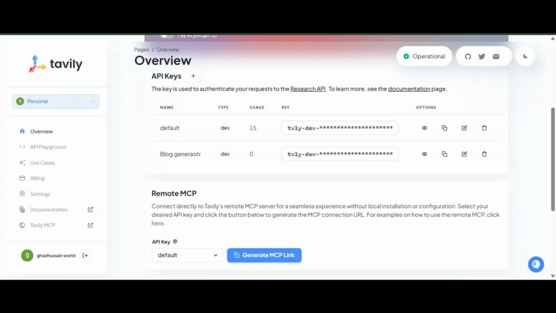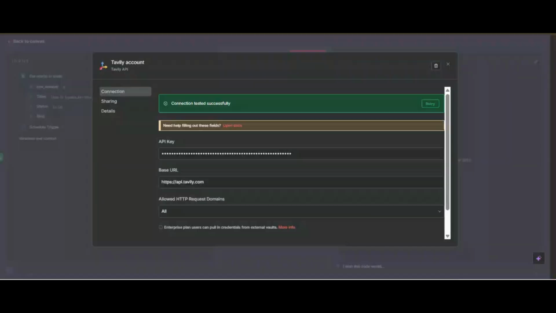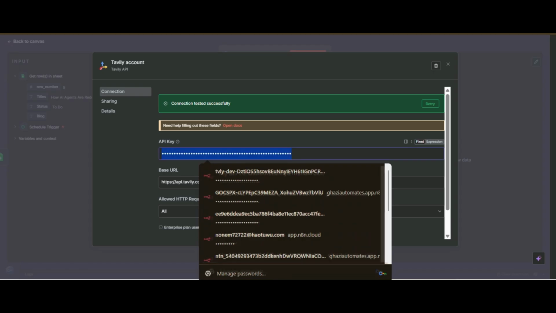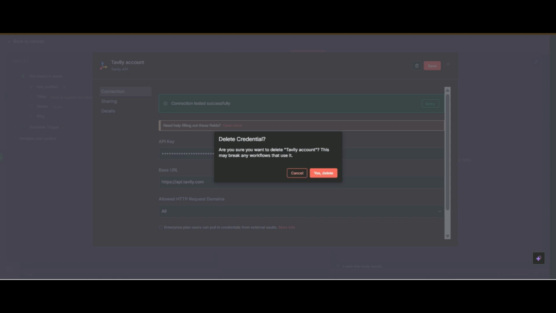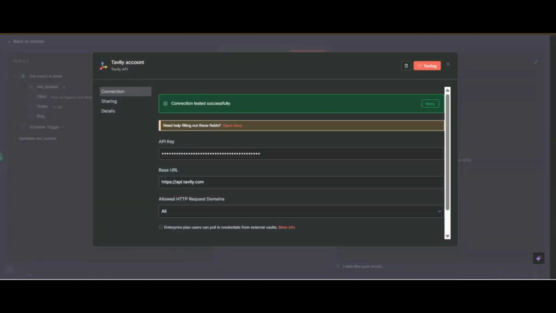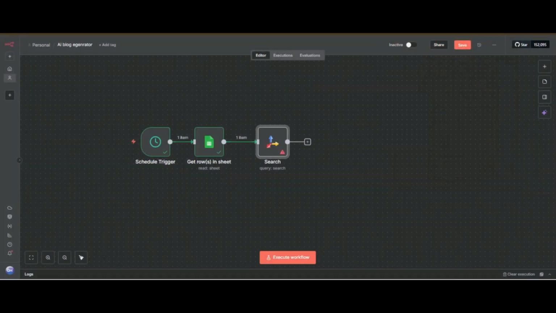Now we have created our API key, so I will copy it, go back to your workflow in Tavily, paste it and click on save. So now your Tavily account has been successfully connected. So do searches.